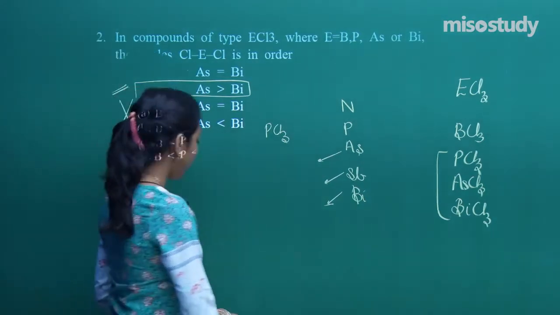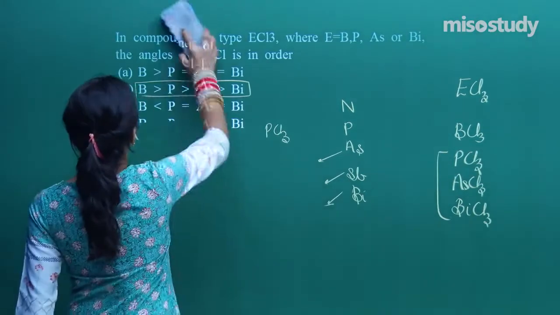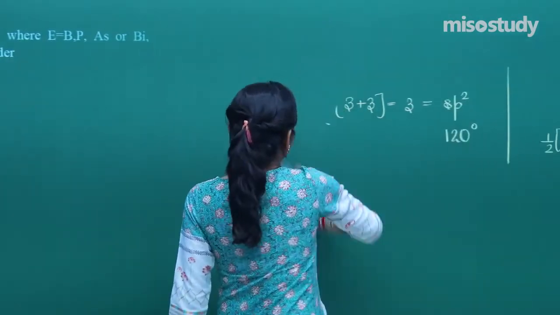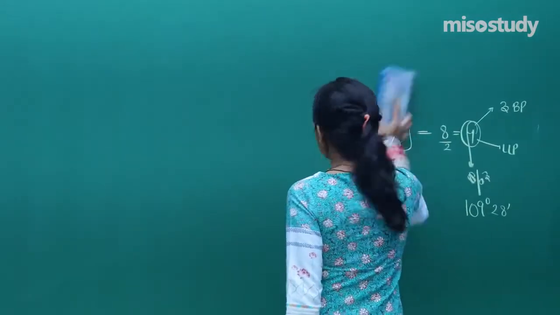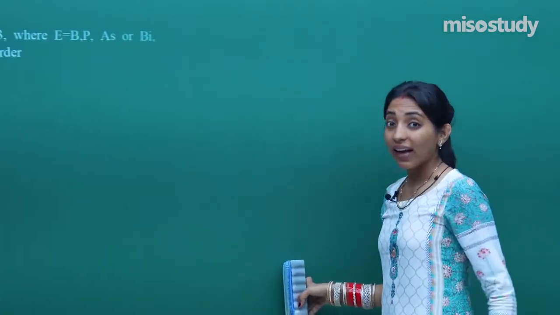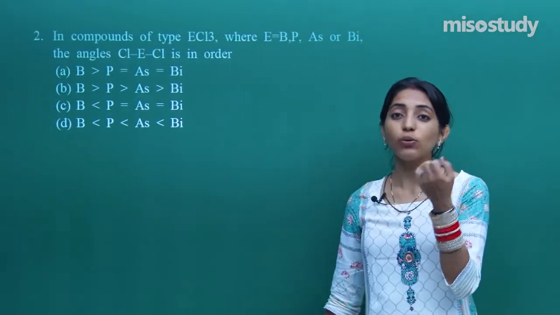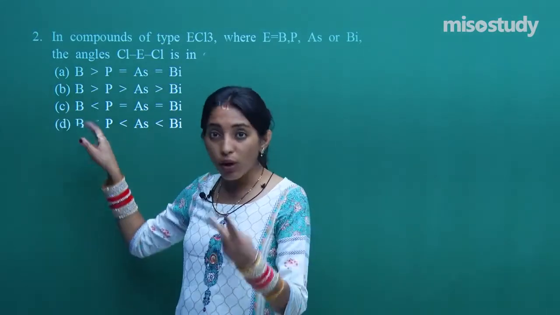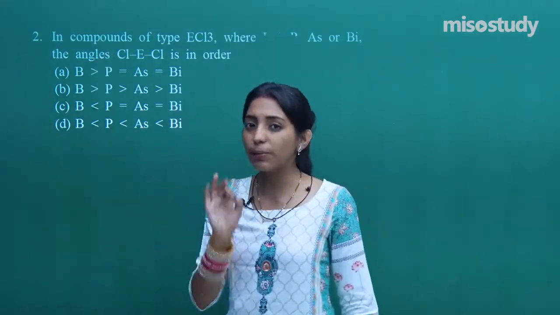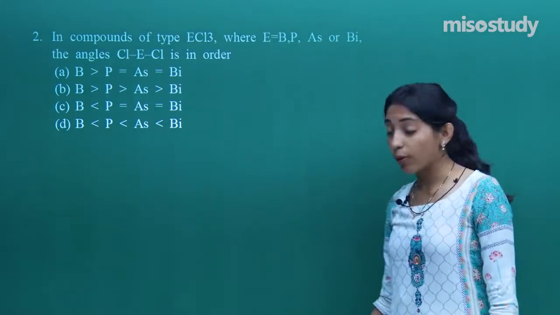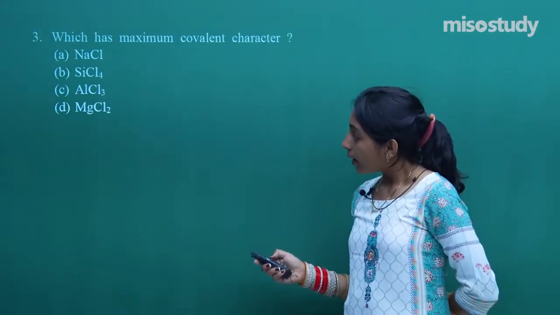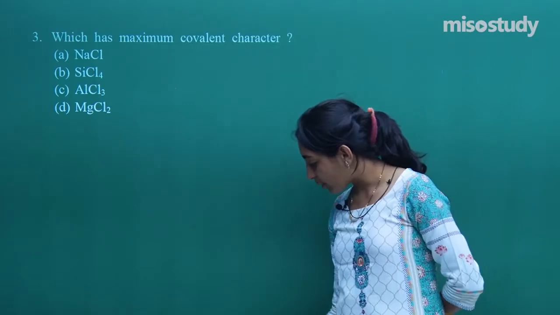Fine? Cool enough. Now having done with this question, let's move on to our third question. Whenever in JEE, I mean in all the competitive exams, particularly in JEE, there is one thing that you have to follow, and that is how easily you can neglect the options. I mean, you can say this cannot be the answer, this cannot be the answer. So two are gone. Now you have to work with these two only. This is the best procedure for attempting any particular question, with more ease and more clarity. Okay. Fine. Moving on to the next question.